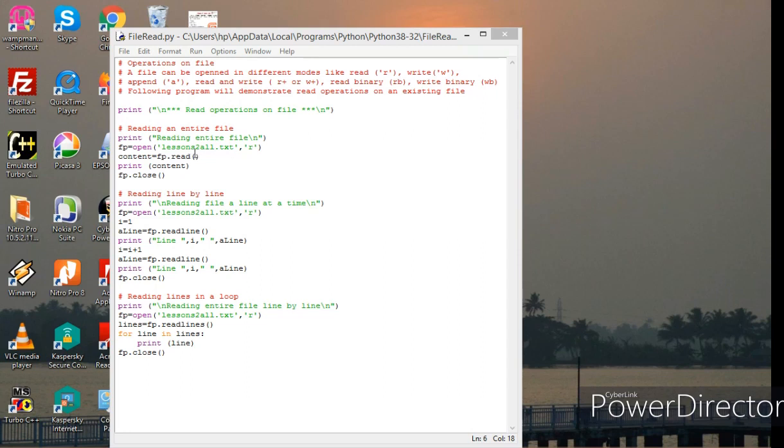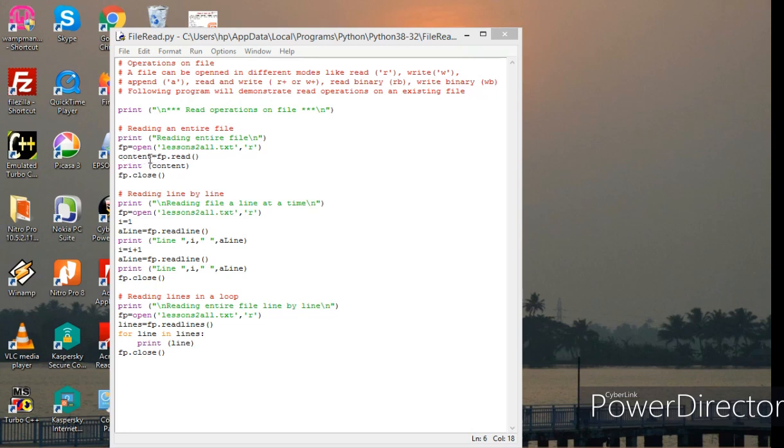So lessons2all.txt is already present in that particular path, and I am opening this file in the read mode, and after that I want to read the entire content of lessons2all.txt in the variable content.